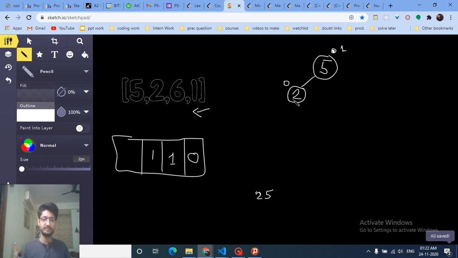There is no element to the left side of it, and how many elements are on the left side of this 5 is 1. So the frequency will tell us how many elements are on the left side of it. Then let's assume I have one more element, 3. How do I insert it? I go to the left side. Then because I go to the left side, I will increment the frequency of the parent itself, which is 2. Then I go to this point.